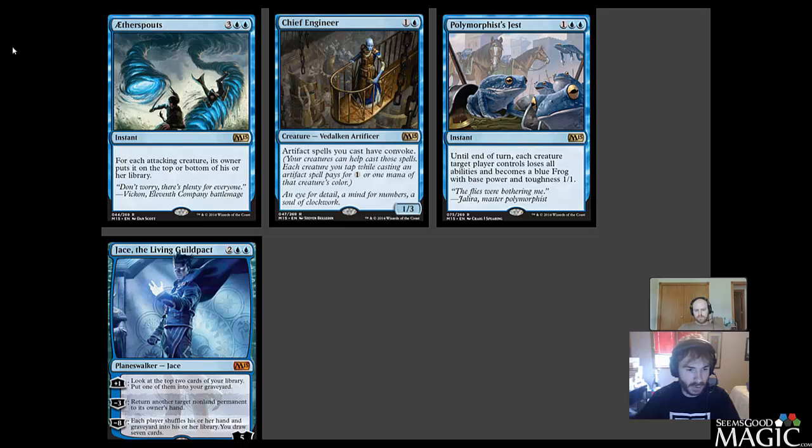He's a 4 mana, 5 loyalty planeswalker. He's got a +1 of look at the top 2 cards of your library, put one of them into your graveyard. He has a -3, return another target non-land permanent to its owner's hand, and then -8: each player shuffles his or her hand and graveyard into his or her library. You draw 7 cards, which is almost Time Twister, except self-only, draw 7. So,